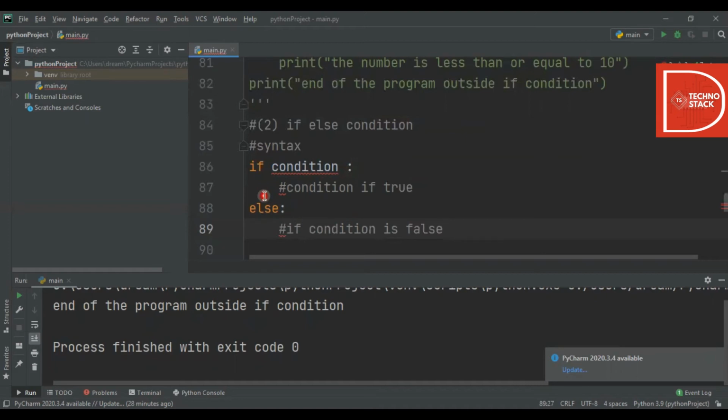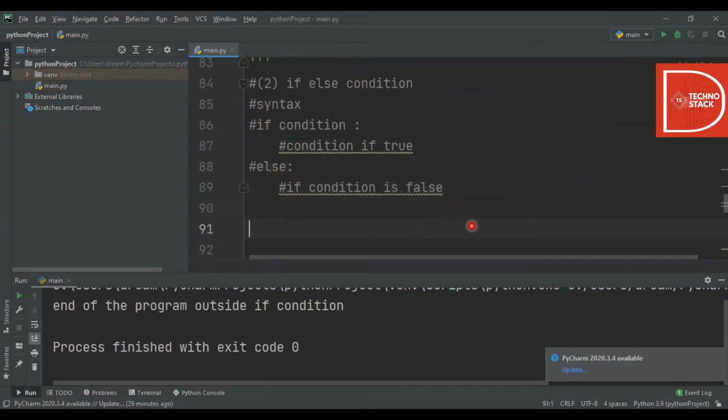Okay, so where will you use the if else condition? When you have to choose between two things, then given a condition, either thing one will happen or thing two will happen. Okay, so these are the places where you'll use the if else condition. I'm just telling you for your information where you can use the if else condition. Okay, so let's start with the example over here.